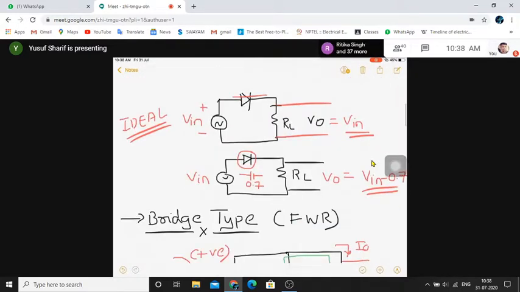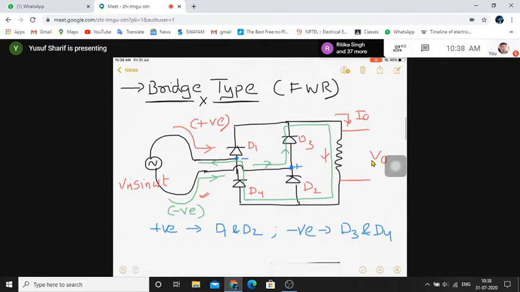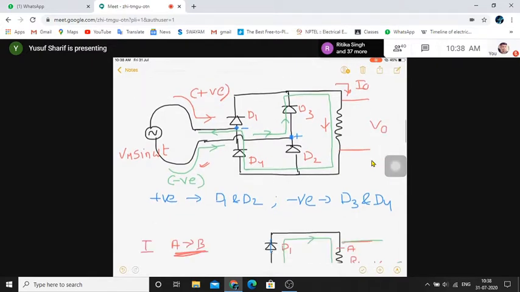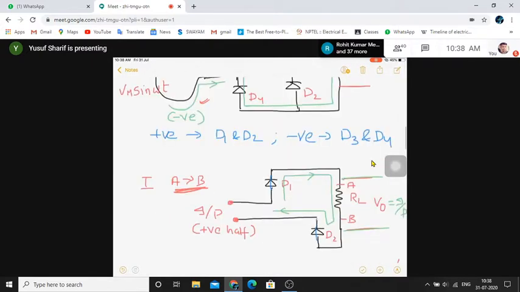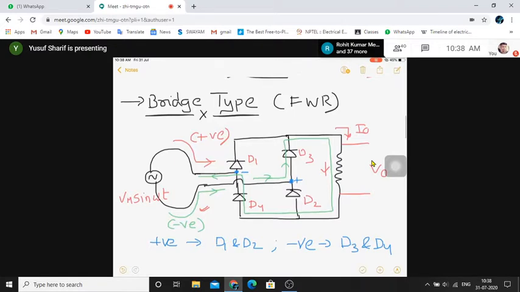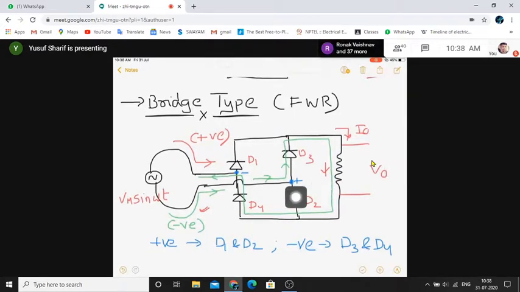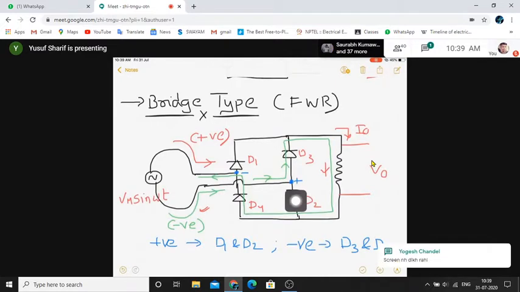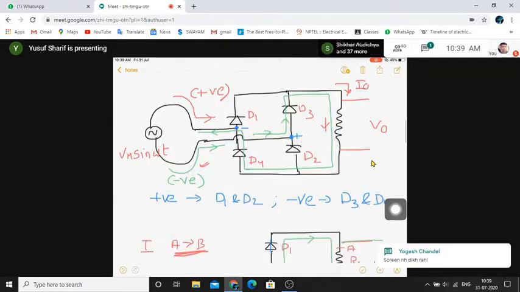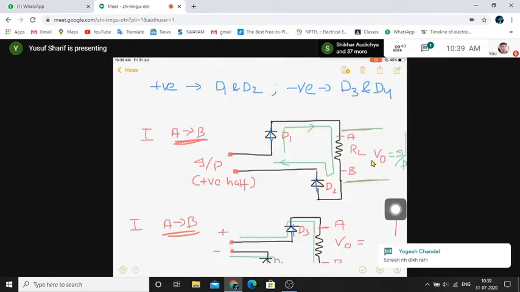Fine. So what have we seen? We have seen the bridge type rectifier. We have seen the working of a bridge type rectifier. So what is the basic difference in terms of blocking the voltage? If a diode is in reverse bias condition for a center tap, the voltage across the diode will be 2 Vs. And if it is a bridge type, the difference that you can see here is the blocking voltage will be only Vs. It will be half of the voltage that you are blocking in your center tap configuration.